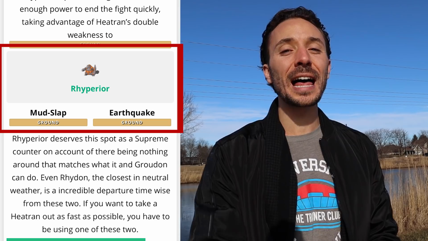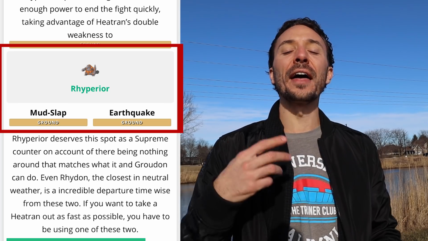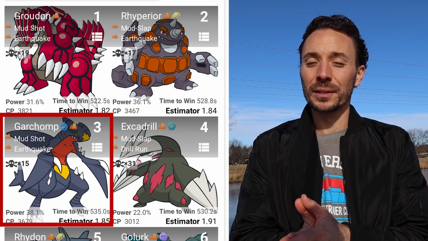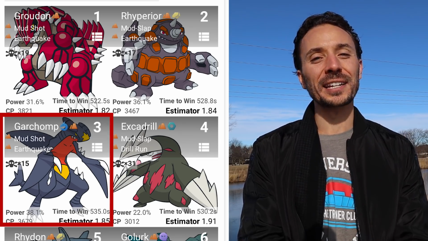Rhyperior is going to be Mud Slap Earthquake combination for this beastly, tanky, pretty semi-decently powerful attacker. And then coming in at 3 is going to be the Garchomp with the Mudshot Earthquake combination. However, I'm still a little bit undecided. I know they released the Shiny Gible in the eggs and the wild, but I still have hope for Community Day, so I am not going to evolve my 100% lucky